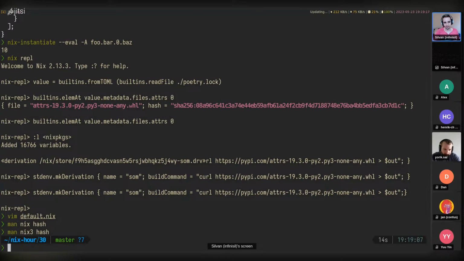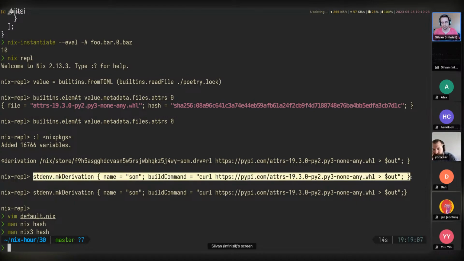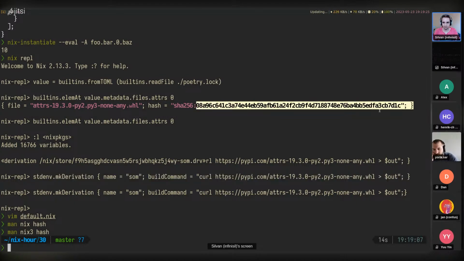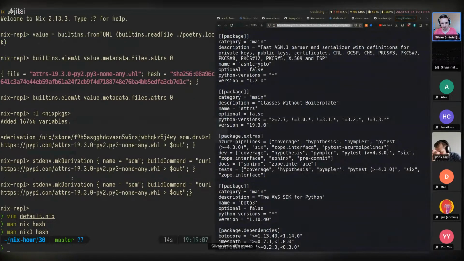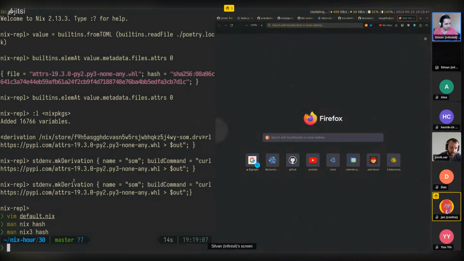So poetry provides this lock file. This is nice for poetry.to-nix because we can just create these derivations right from here. We don't need to mess around with these hashes in any way. We don't need to create additional lock files that have the hashes that we need. And so it's all just at evaluation time, you create the derivations. At build time, you build the derivations, and it works out fine. This is in contrast to, for example, Jan, go ahead.